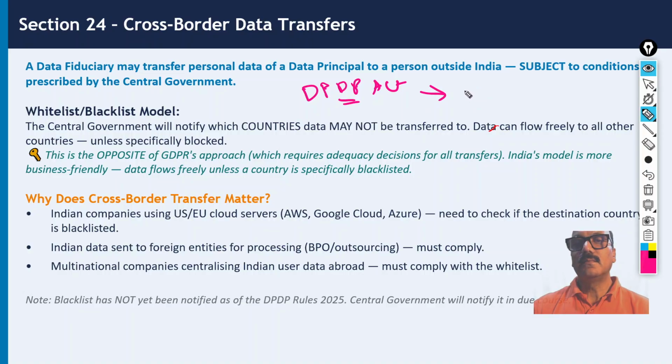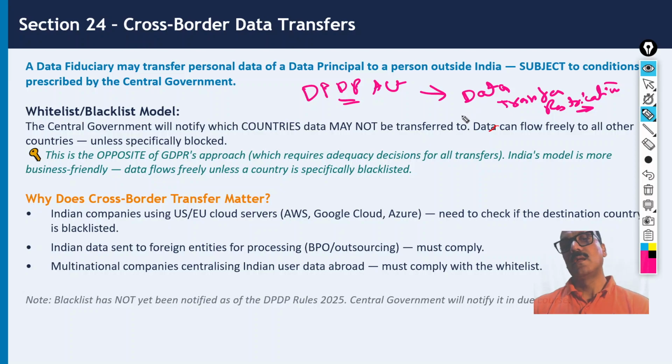The DPDP already has data transfer restrictions, as we saw. These restrictions are in addition to